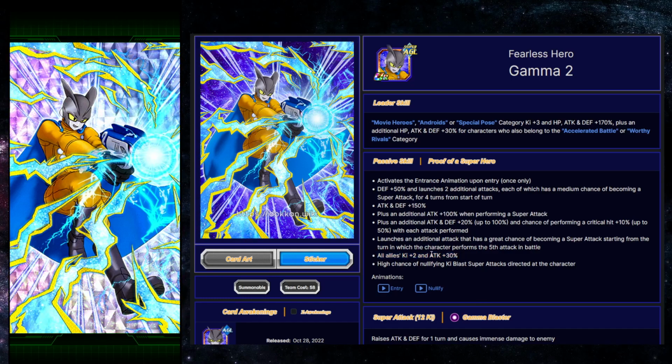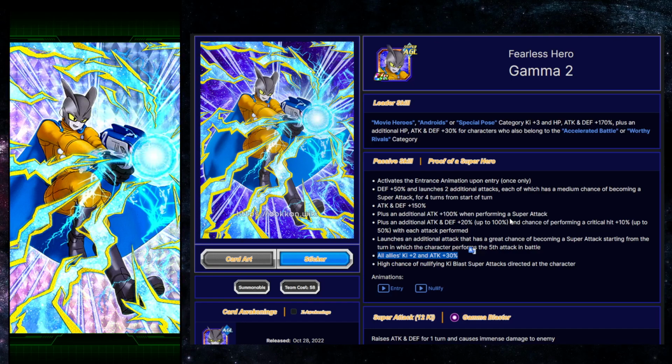Instead of giving defense, he actually gives attack plus 30%, and instead of giving 1 key, he gives 2 key. Again, this is just very special right here. These Android units aren't really meant, the way their links are set up, and we'll get into this. I talked about this with Gamma 1, is that their links really want to be next to each other. Gamma 1 wants to be next to Gamma 2, Gamma 2 wants to be next to Gamma 1, and in general, they just want to be near other Android units, getting links like Android Assault active, Shocking Speed,